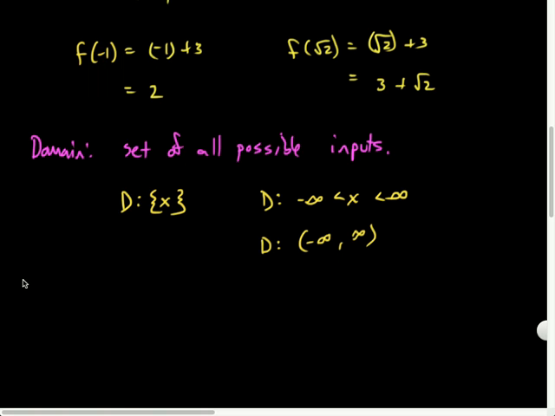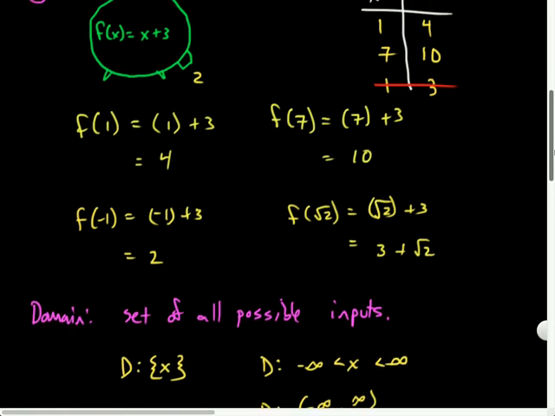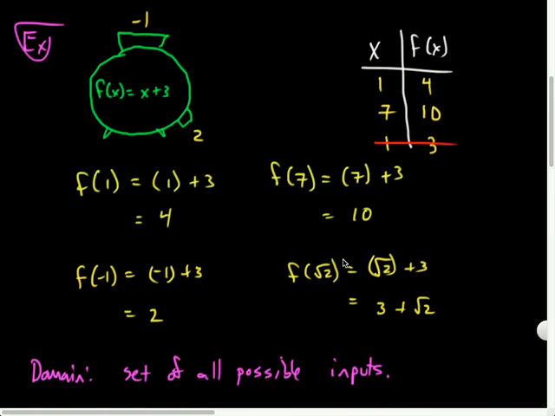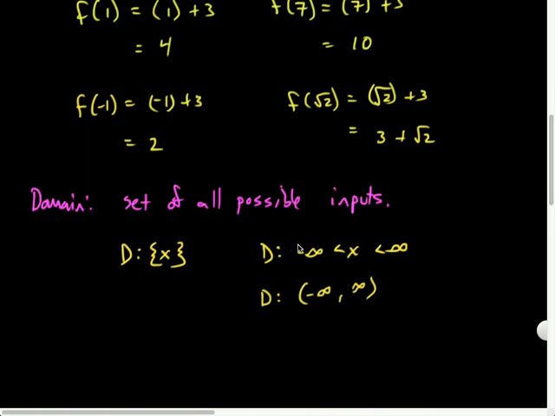So that's the domain, the set of all possible inputs. Now in our case here, it allowed all possible inputs from real numbers, right? So the domain would have been all possible x, or all x values between negative infinity and positive infinity, right? So these would be describing the domain of that problem. Now the range,